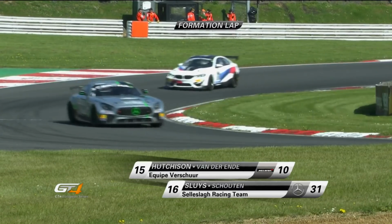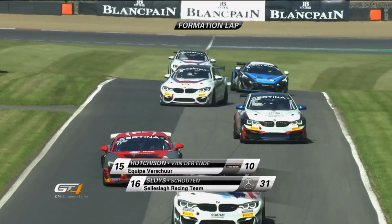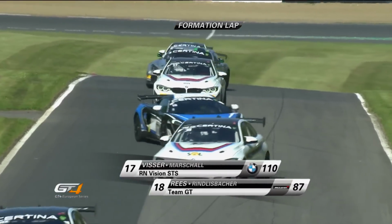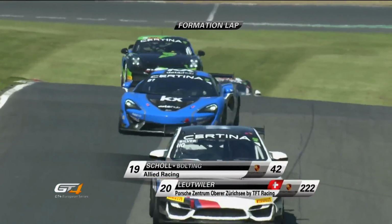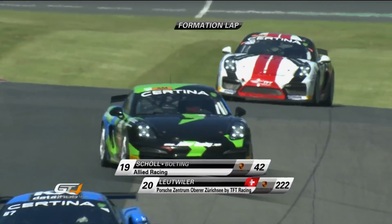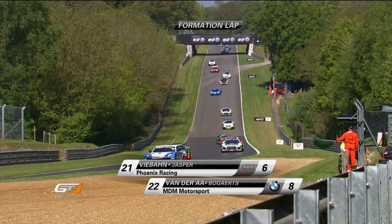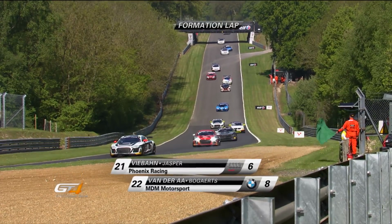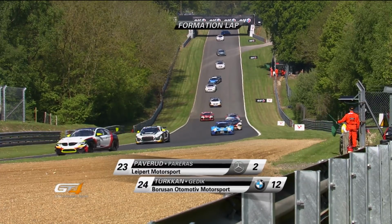McLaren next, Finlay Hutchison alongside Bart Sluys in his Sellerslach run Mercedes. Behind them comes the German girl Beitzke Visser's BMW and the McLaren of Paul Rees. Then it is Nicolas Schurl with Nicky Leutwiler alongside, Porsches both. The Phoenix Audi of Jörg Wiebahn is next with Mark van der Aar lining up in the BMW for company alongside. Marcus Pavarud is next with the Mercedes, and it's the BMW of Ali Turkan alongside with Helmut